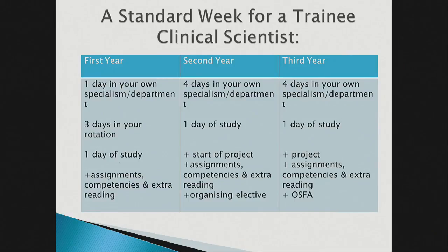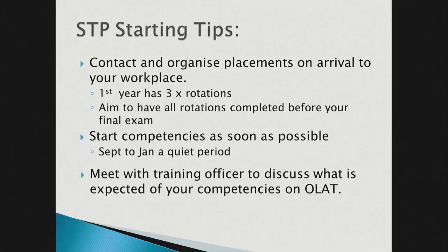Okay, and then in your 3rd year, obviously you're doing your project, and hopefully you've done your elective, and it's just starting to all come together nicely. Here I'm just going to go through these. It's obvious, probably all of you have done a master's. If not, some of you might have even done a PhD. I know people that are on this programme have done PhDs, so it's all a bit obvious this, but basically,